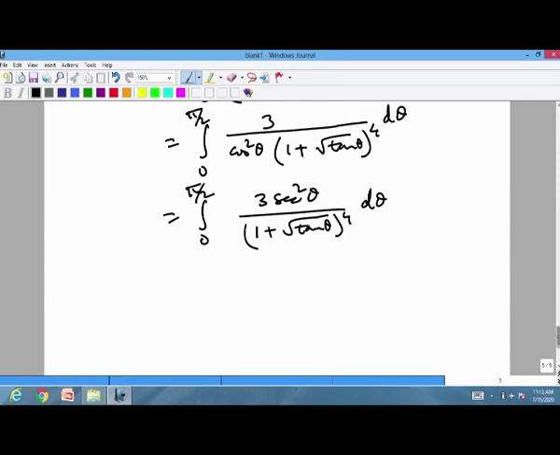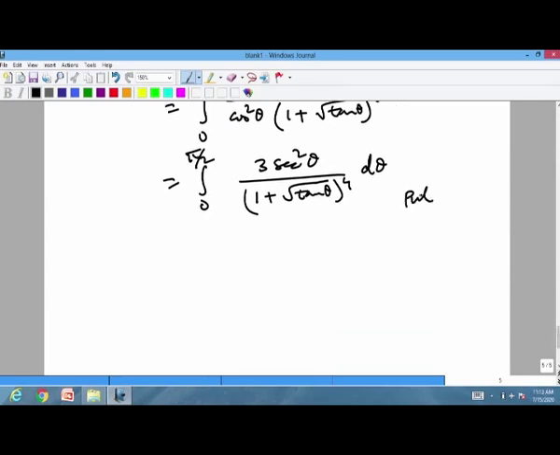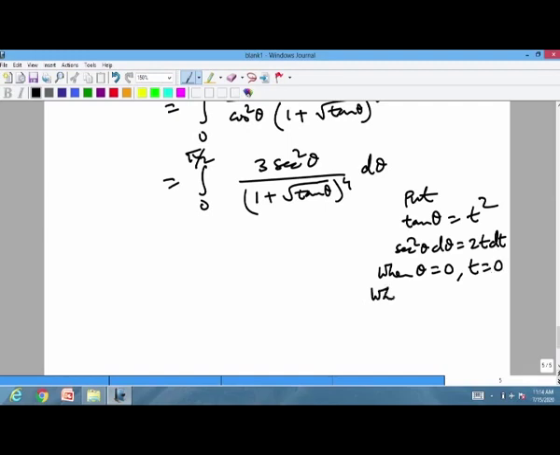So, now we can put tan theta equal to t square, then secant square theta d theta will be equal to 2 t dt, and the limits: when theta is equal to 0, t will be 0, and when theta is pi by 2, tan pi by 2 will be infinity. So, this integral is equal to,